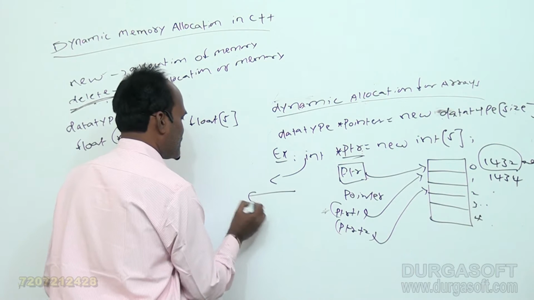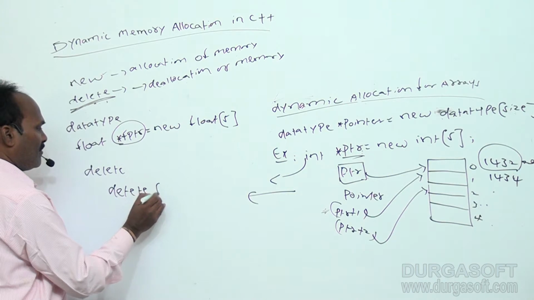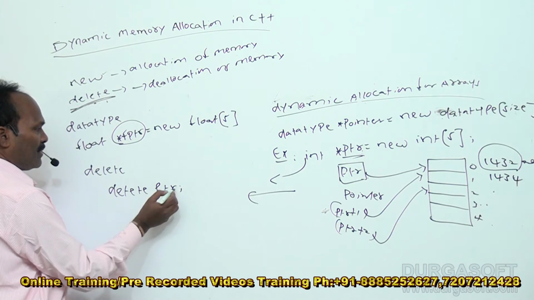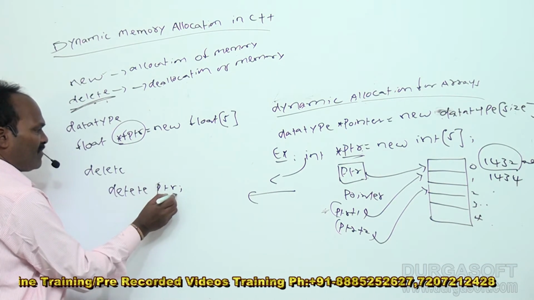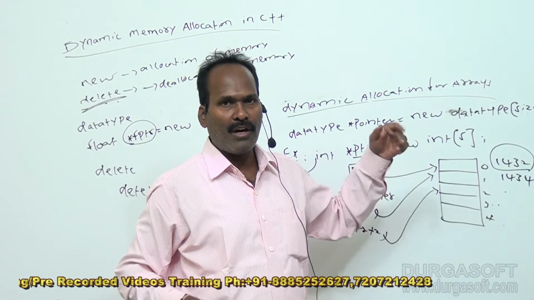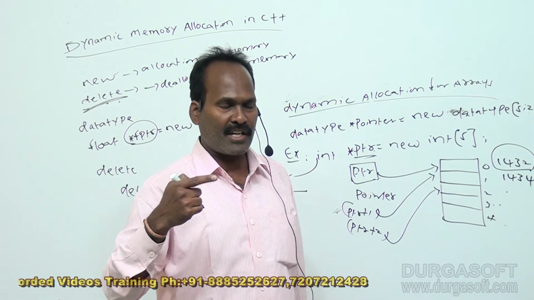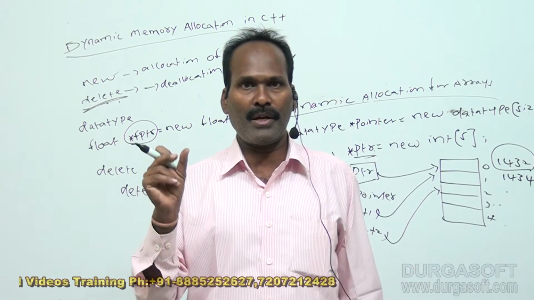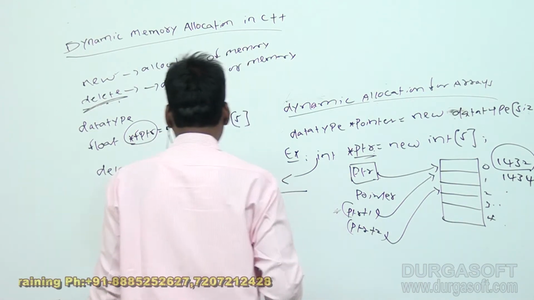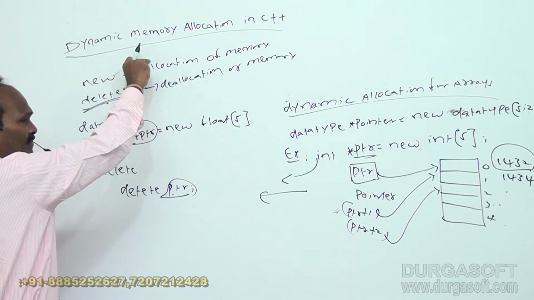Suppose I say delete ptr. What can it return here? It is going to return 1432. So this 1432 will be returned to the operating system. The operating system is going to deallocate the memory. Once the deallocation is done by the operating system, the same amount of memory can be allocated to another application program. That means the job of the new operator is to return the starting address of